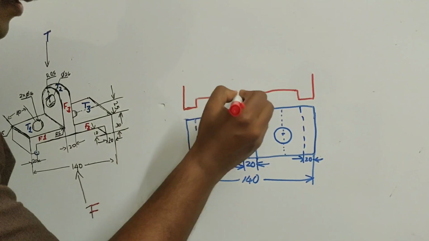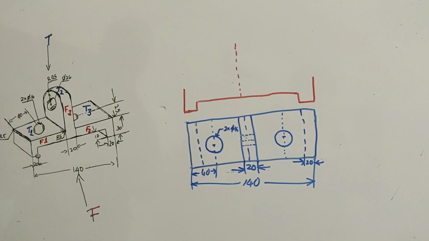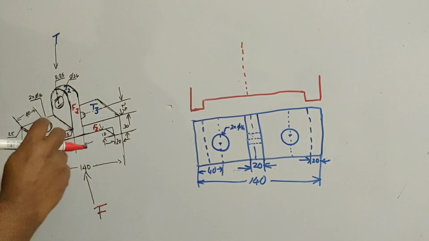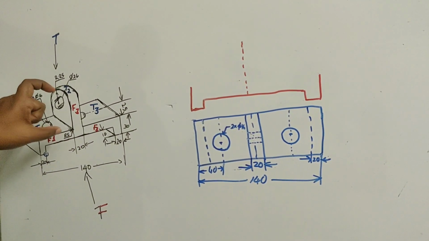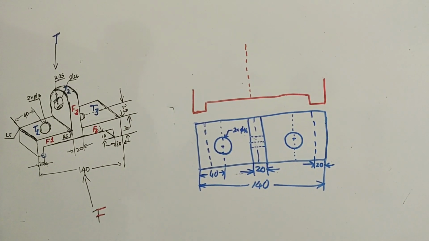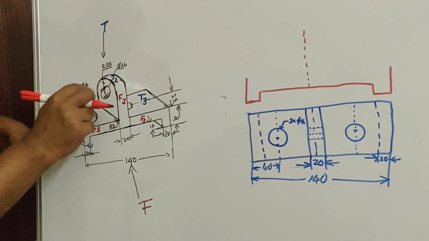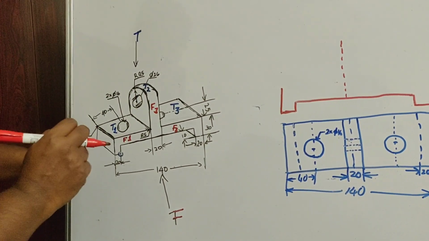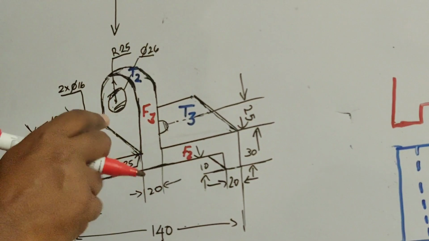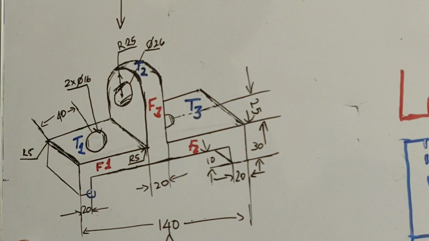From here, now we can have the center line. In the center line, what should be the height of this part? That is crucial. It is given that 25 is the radius towards both the sides. So 25 is the dimension for both the sides. Let us think about that.